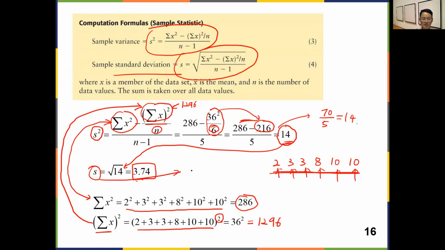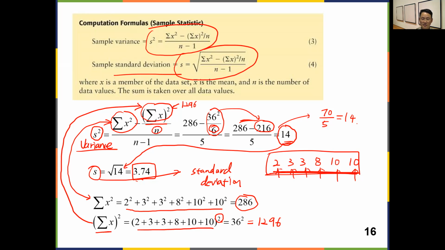So this is the standard deviation, and this is the variance. And this is how we calculate